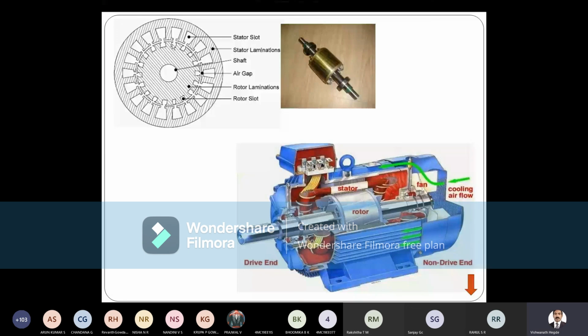Here you can see the photograph of a squirrel cage induction motor. Here you can see white lines. They are the bars placed in the rotor laminations. At the end you can see 2 rings, one placed here. They are called the end rings. These are copper or aluminum bars. In case of small rotors, even aluminum bars are used. In case of very small machines, the